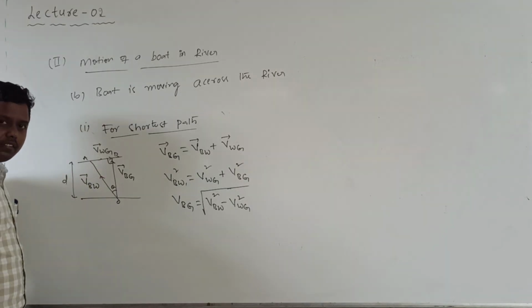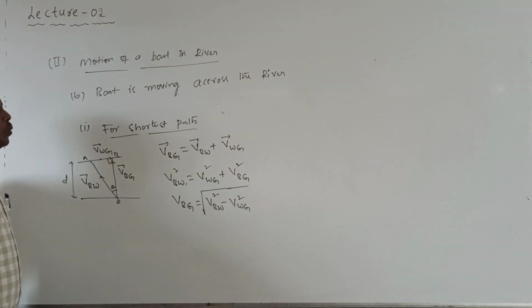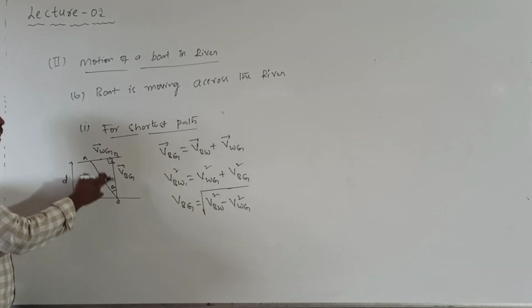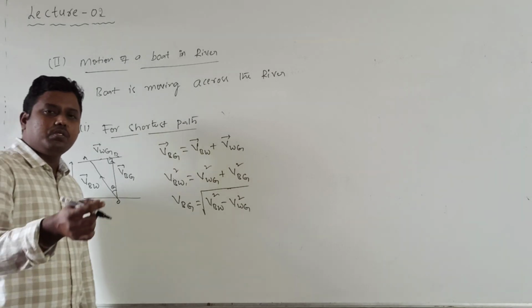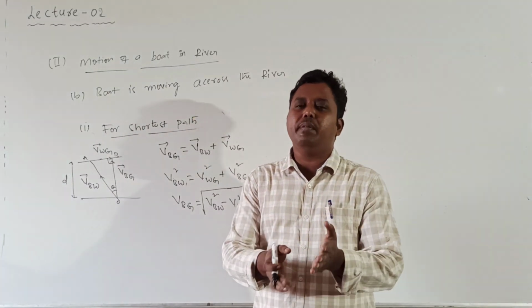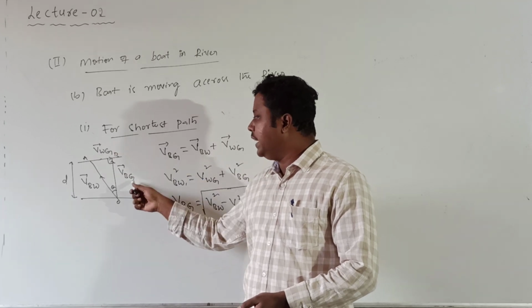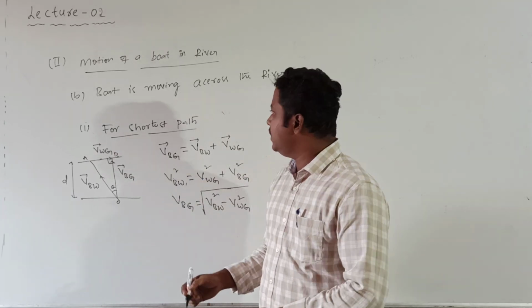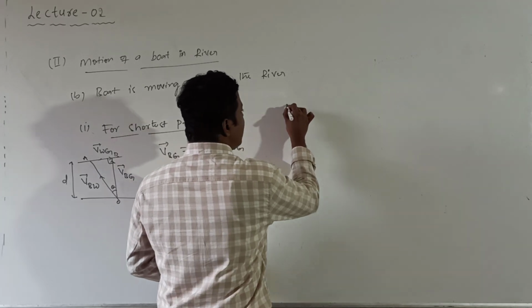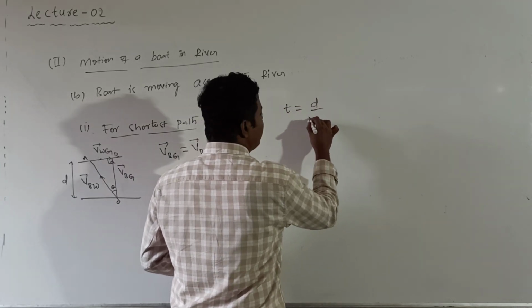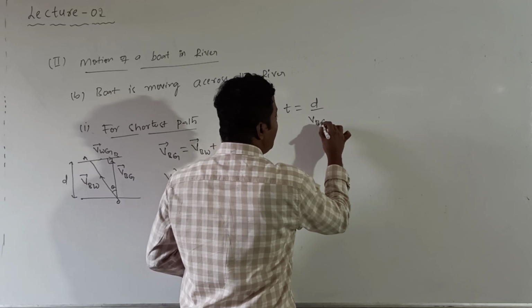Ground. Understood? So what is the time taken by the boat to cross the river of width D? Time taken to calculate, always remember: to calculate the time taken, it is distance divided by velocity. If I consider distance along OB, I need to consider which velocity? VB. So the time taken to cross the river is distance by velocity. So what is the velocity value? That is given by VB.